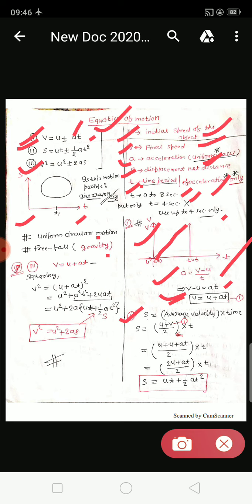Secondly, what is displacement? As I told you, S is here displacement, not distance, don't get confused. But if it is a straight line and the motion is in the same direction, distance and displacement will be the same. So in your books sometimes they write S as distance, sometimes as displacement, because the motion is linear, in one direction only. That's why we are using both terms for S. S equals, displacement will be simply average velocity into time, because velocity is displacement upon time. So average velocity into time.